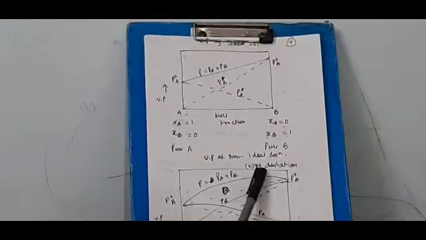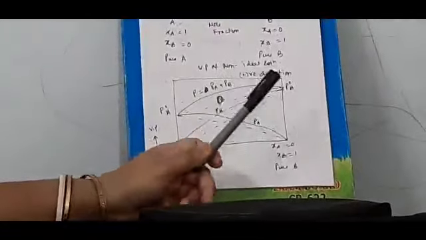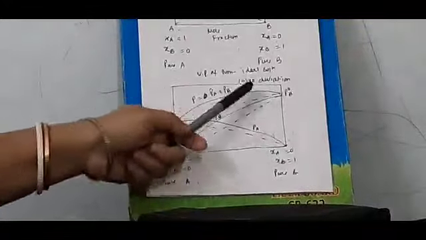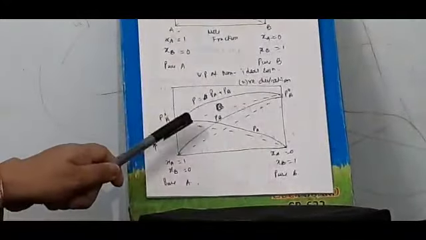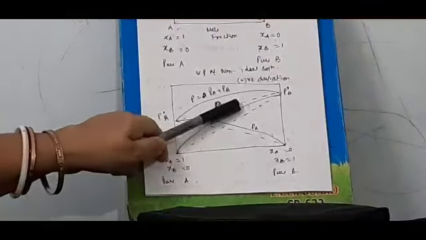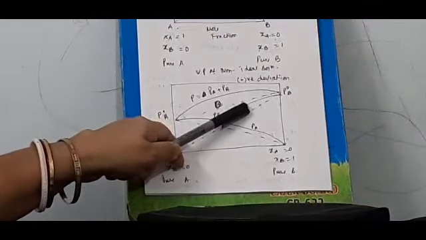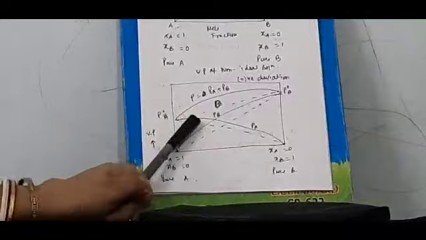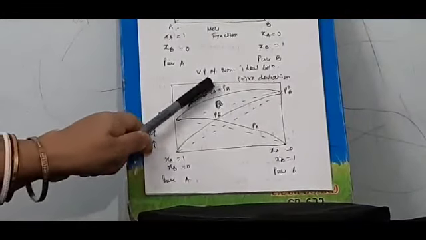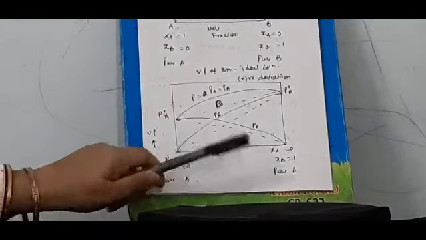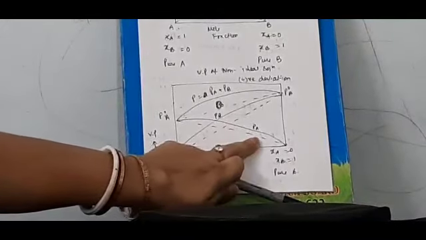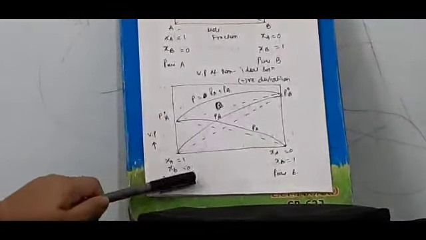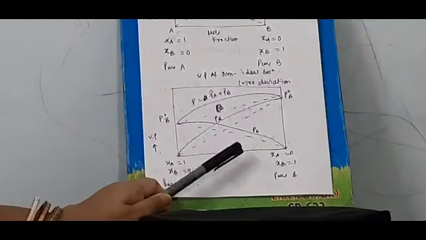Whereas in case of vapor pressure for a non-ideal solution, we will see deviation. The deviation can be of two kinds, one positive deviation and another negative deviation. In case of positive deviation, you can see the dotted lines, which is what we are supposed to have. But here we can see the deviation is greater than the original one. We can see P, which is PA plus PB, is greater than the dotted line, whereas PA is also individually greater than the dotted line and PB is also greater than the dotted line. This is the positive deviation, and it shows like this in a graphical way.